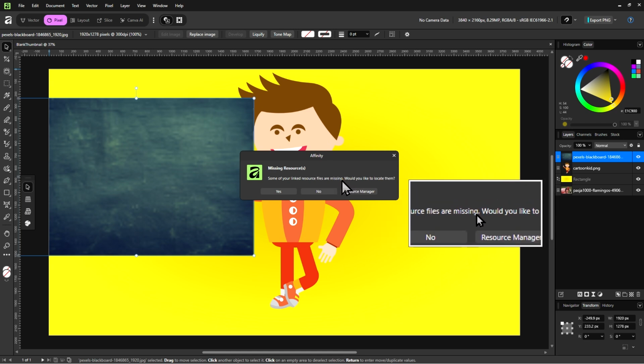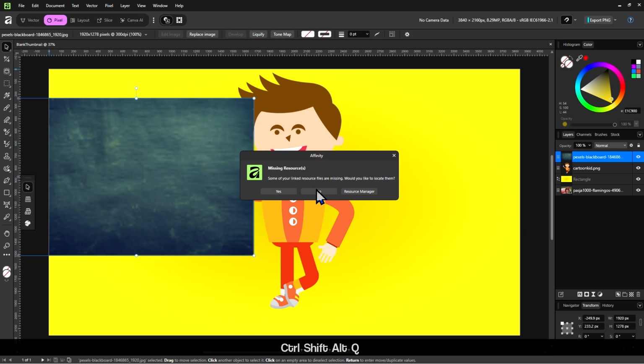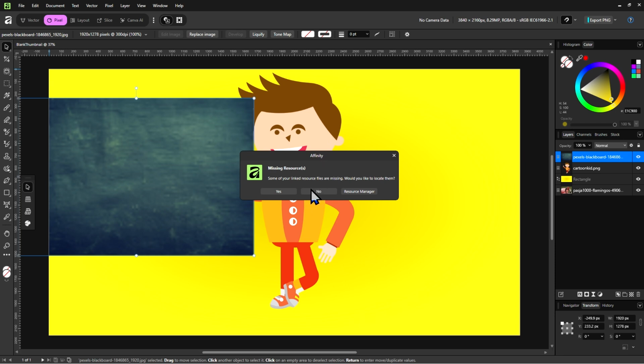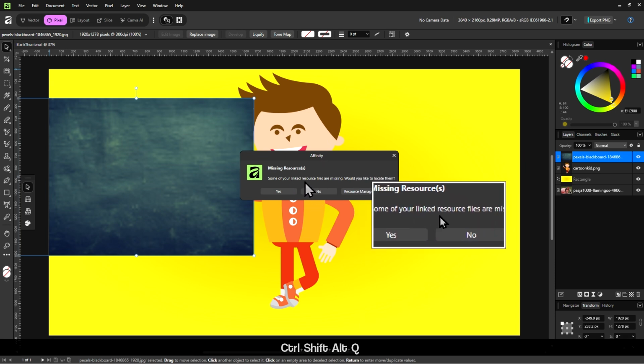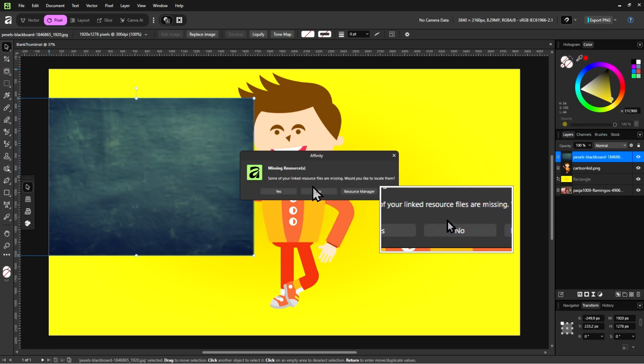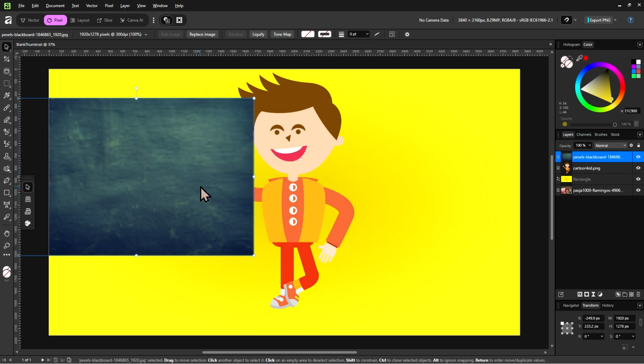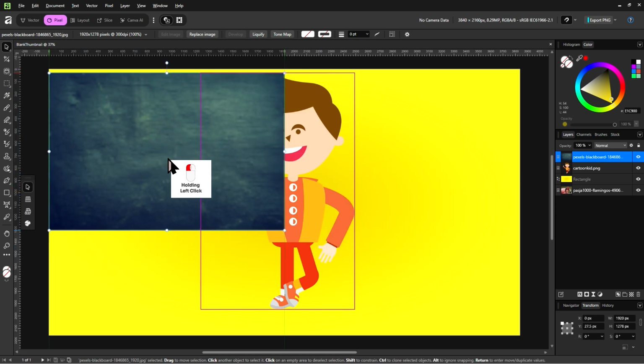Which is basically Affinity telling you, hey, you told me to use an image you linked in this folder, but I don't see it in the same folder anymore. And for now, let's just click No. It's asking us if we want to find the linked resource file, which is this Blackboard, but let's just say no for now and see what we have now that the image is moved to a different folder.